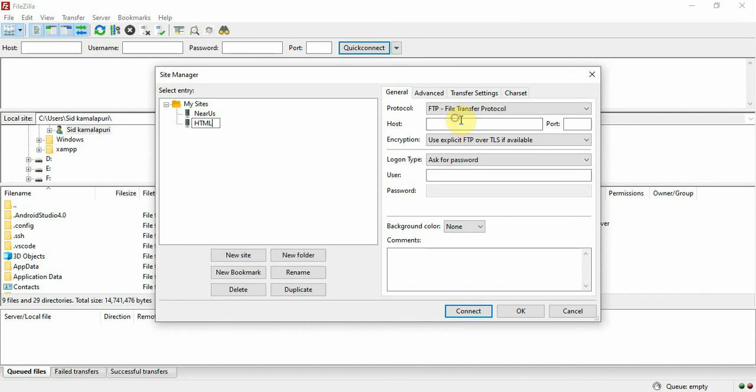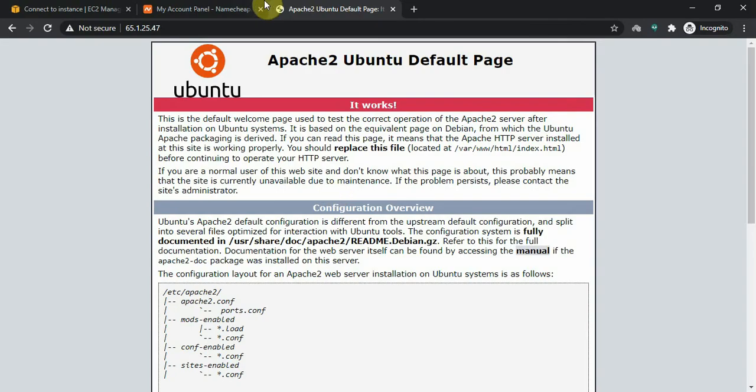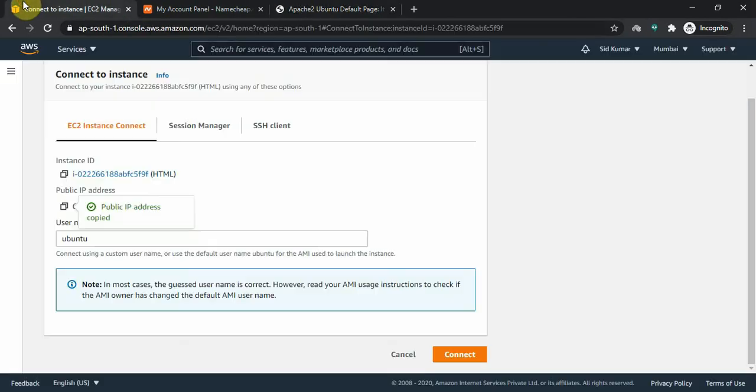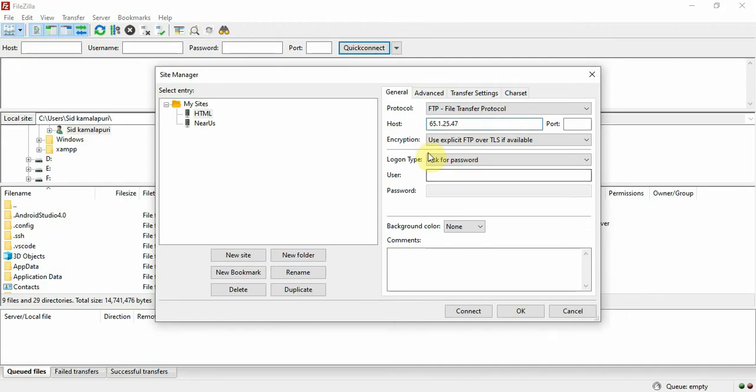Here we will put the host, and the host is the instance IP address, the public IP address which we got from the instance. We can take it from here also. Yeah, and we'll choose SFTP, and the user is ubuntu.